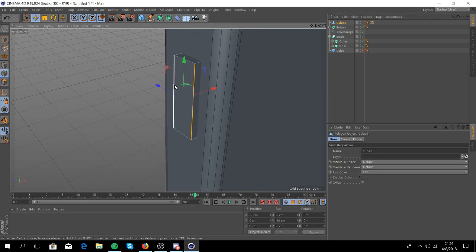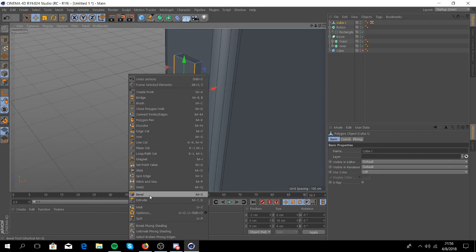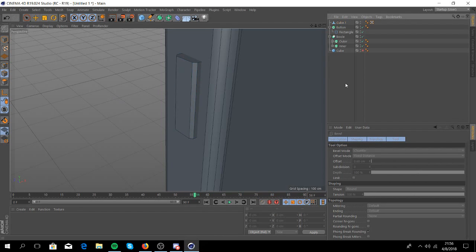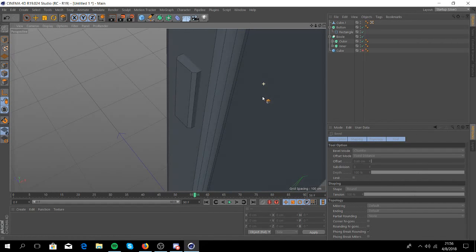So we have to click these lines, right click, bevel,